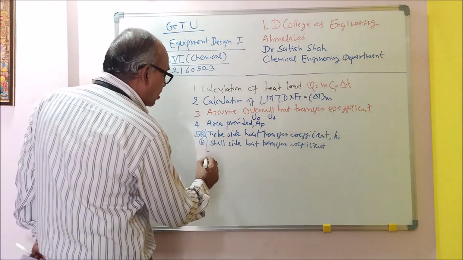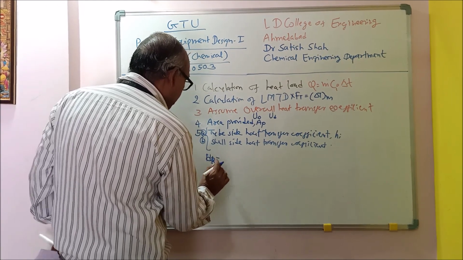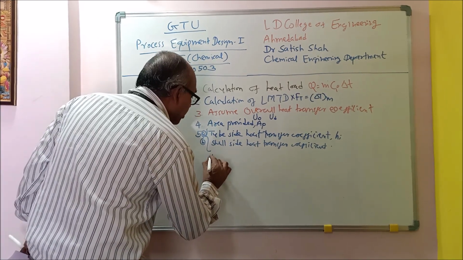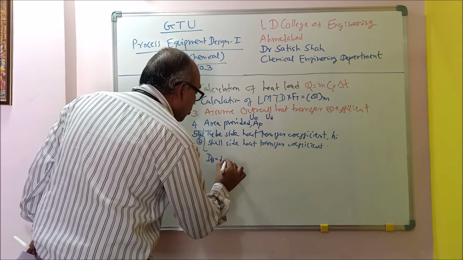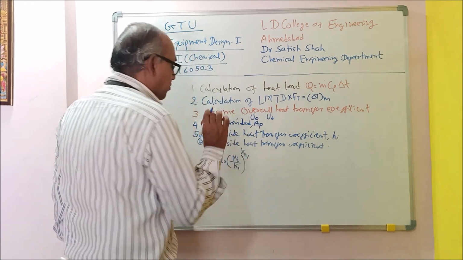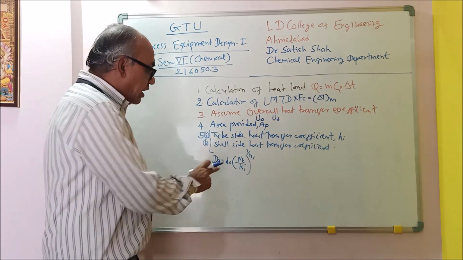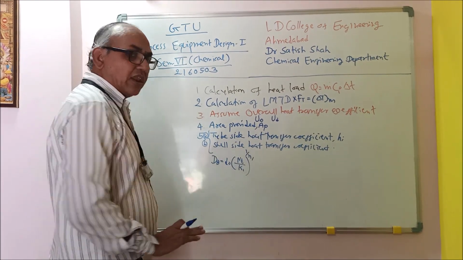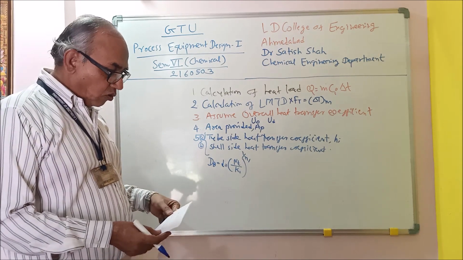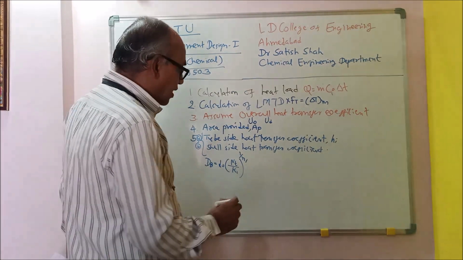For calculation of bundle diameter, we have the formula available, that is known as Db. Db, that is bundle diameter, I can write like this: Db is equal to Do into (nt by K1) whole raised to 1 by N1. This is bundle diameter, this is tube outer diameter, nt is number of tubes, K1 and N1 are constants. Now these constants have different values based on the square pitch and triangular pitch. So I will give you those values also here.